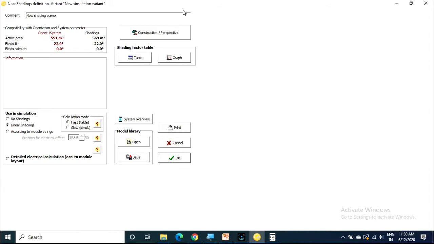And there will be self shading. That means one panel's shadow may appear on the next panel. That is called interrow shading. So to avoid the interrow shading, you have to keep a distance between panel to panel. Okay. So here